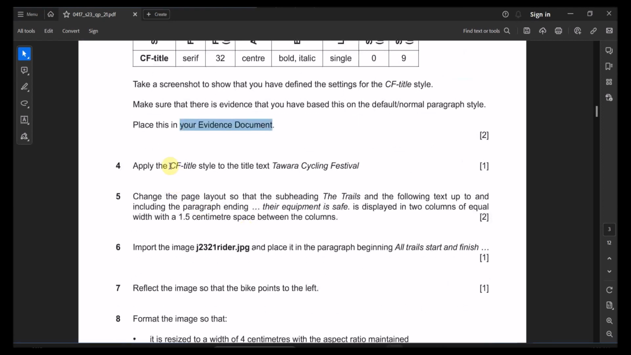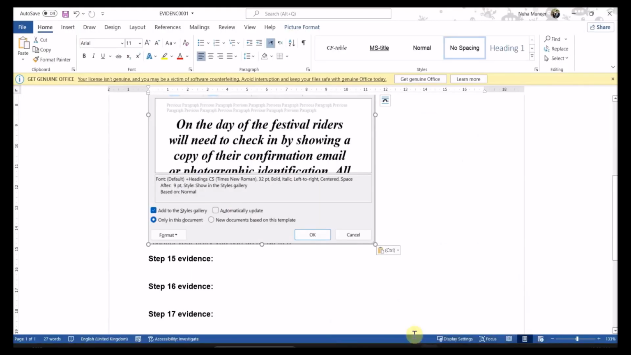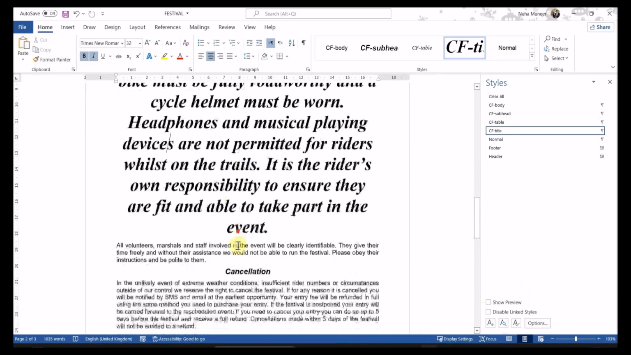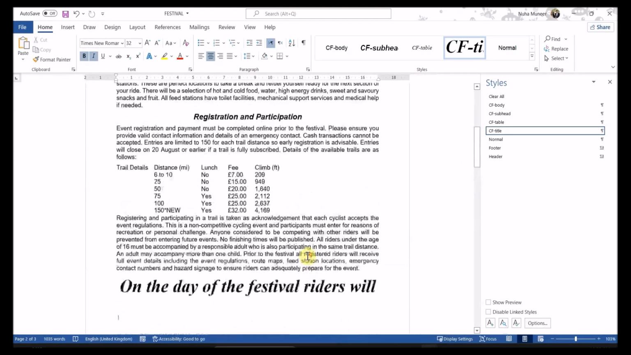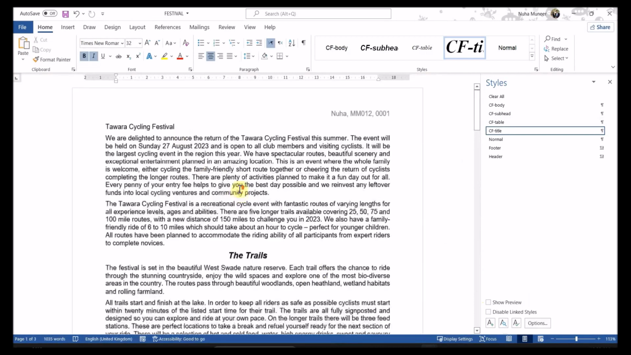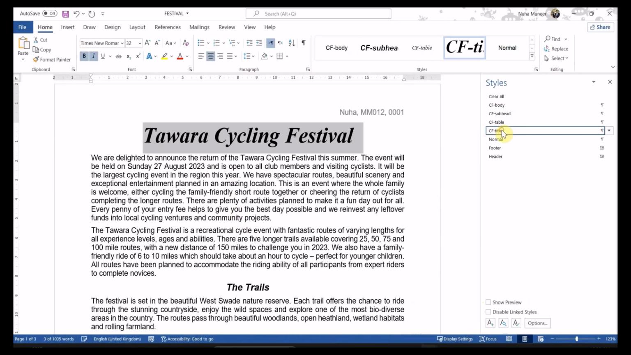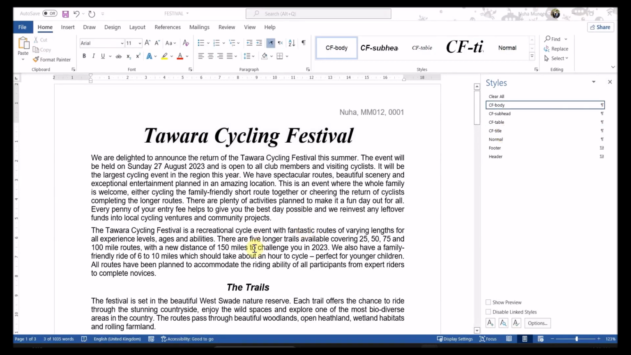Number 4, apply CF title style to the title of Text Tawara Cycling Festival. Okay, if you find this type of changes or something happening, don't worry about it. Later we're going to handle all of those things. So we need first to select the first title and apply CF title to it. The next one,